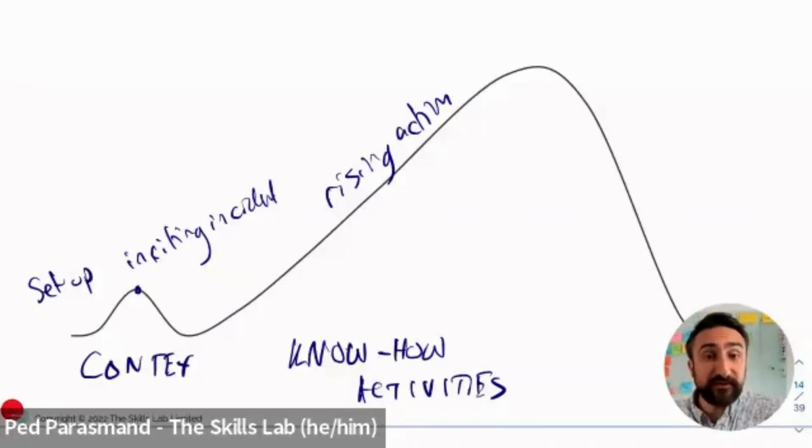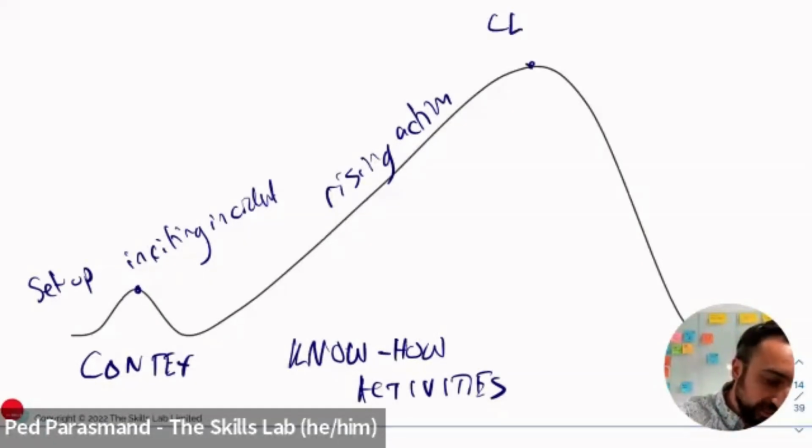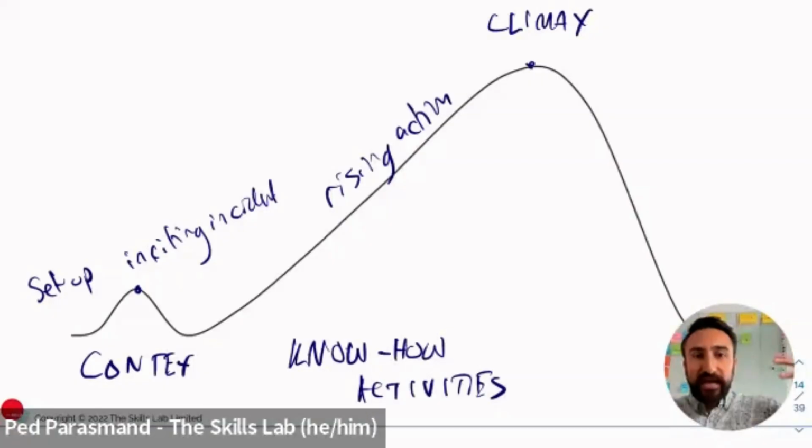So in that team creativity example, you might be uncovering principles behind creativity. You're recognizing what hinders creativity, what helps creativity, maybe you practice a few creative exercises. You're building all the way to the climax, which is where everything comes together. It's the culmination of every other bit of the session, and it's usually linked heavily to the value proposition, or the thing that this workshop or training is aiming to achieve.